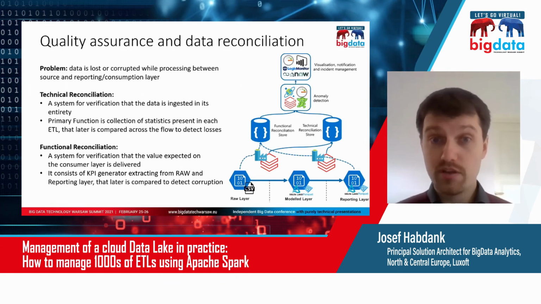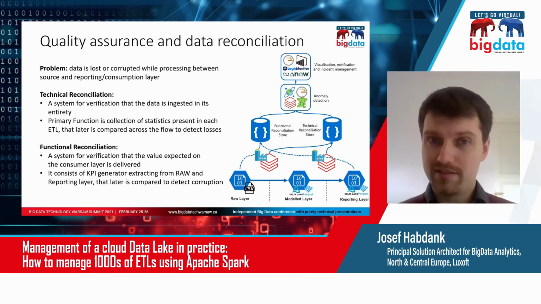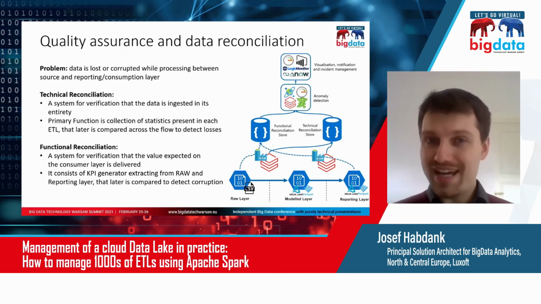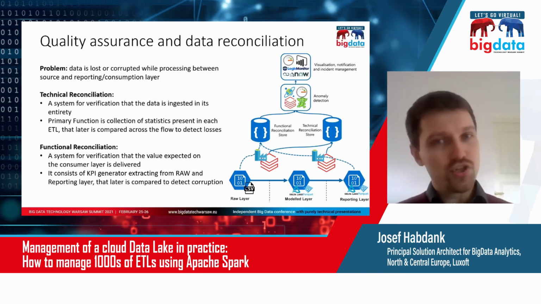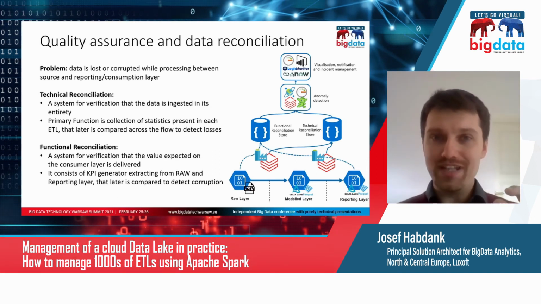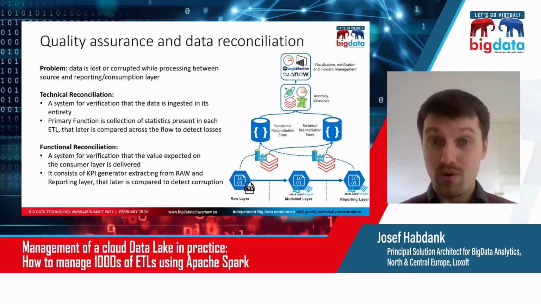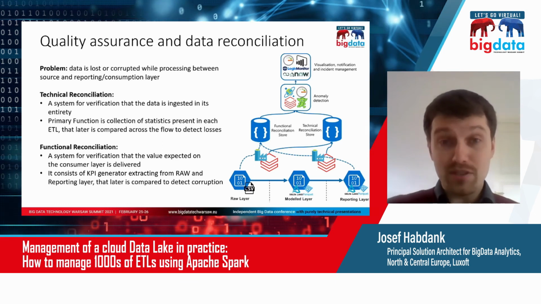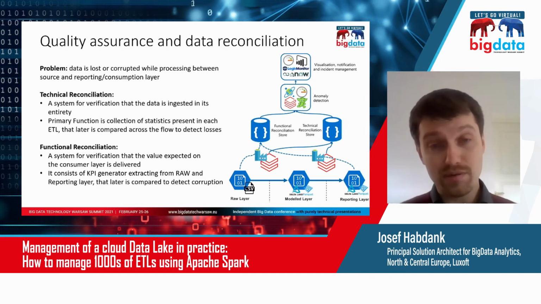Let's say a category was switched. So the total number of rows is correct, right? Your technical reconciliation would not fail. But because of some issue, let's say with slowly changing dimensions or something like that, you flip the label on a row, and your whole reporting is messed up. Not because the data is lost, but because it is miscategorized in the reporting.